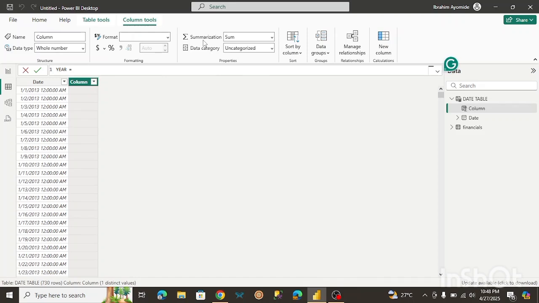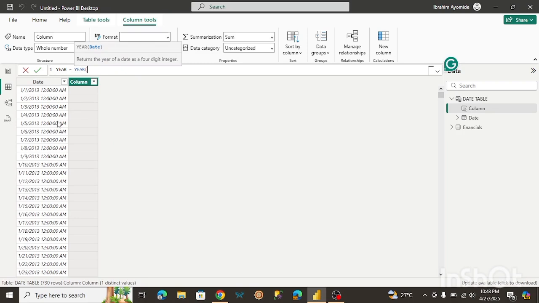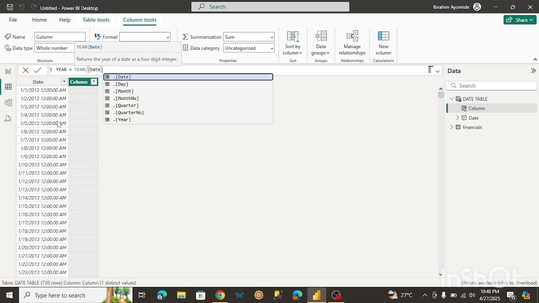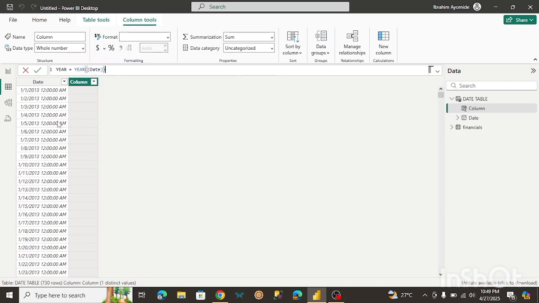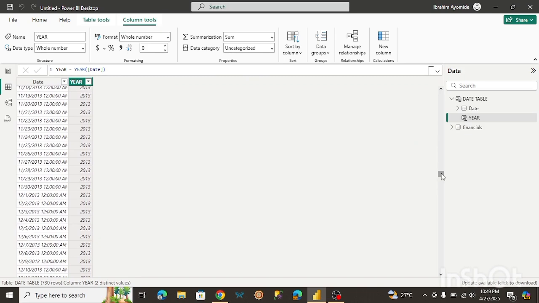So to do that, we're going to extract the year from this date column. So the function is pretty easy. We're going to use the YEAR function. So based on the date table, we're just going to close the bracket, click on enter. And now our year has been extracted. So it starts from 2013 all the way to